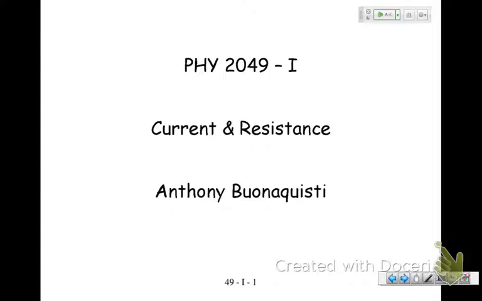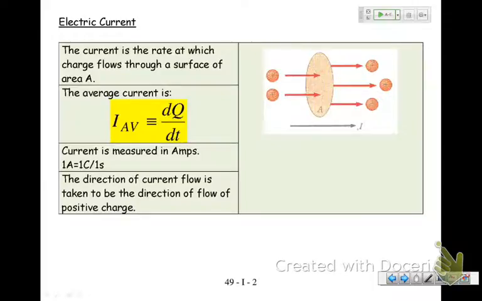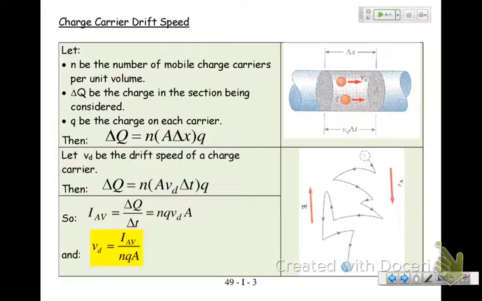Welcome. So last time we were talking about current and resistance, and we introduced the idea that current is the amount of charge per second that flows down, for example, a wire. And so it's measured in coulombs per second, which is termed the amp or the ampere. And then we did some calculations, and we said, look, maybe we can get an expression for how quickly the charge carriers